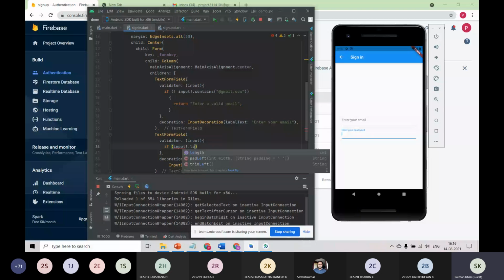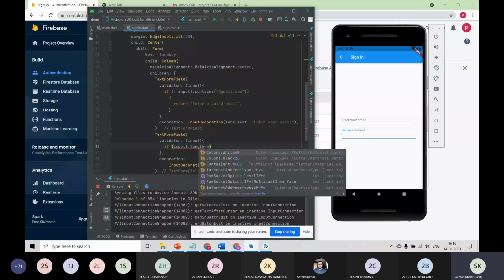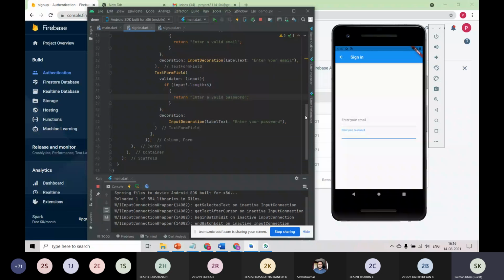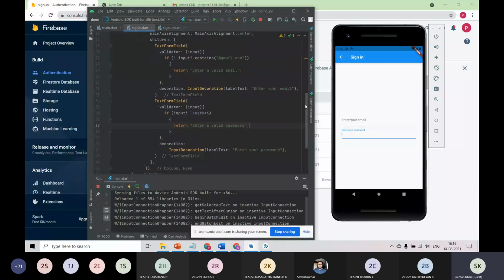You can return an error like enter a valid password. And I think we are good for now. And is there anything we are missing? Okay, yeah, main thing.